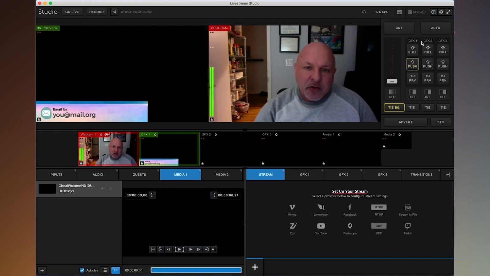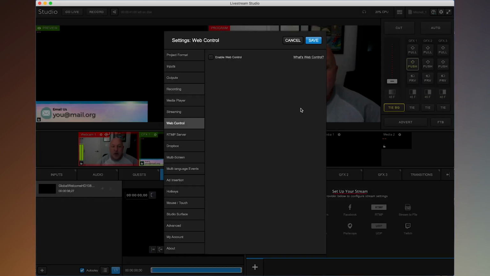Now, the other thing that you're going to want to do, again, just setting things up, is go into settings, and to do that you click on this little gear icon right here, and my computer may delay a second in bringing this up. Okay, so within here, I'm not going to go through all of these settings because some of them are going to be very unique to your specific situation. But one of them I do want to point out is this